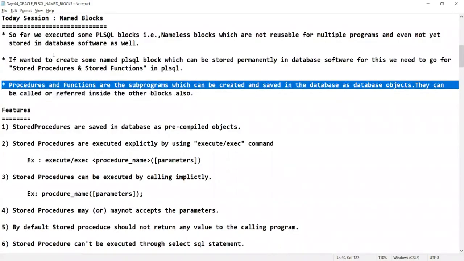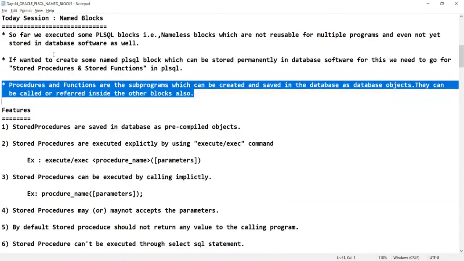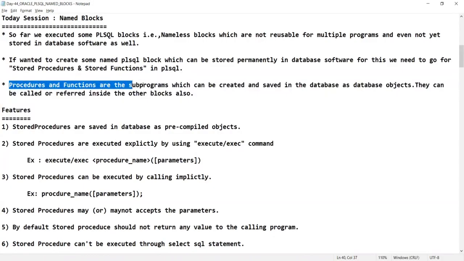Procedures and functions are also called subprograms in PLSQL, which can be created and saved in the database as database objects, and they can also be called or referred to inside other blocks as well, sir. The point here is that procedures and functions are also called subprograms, or we can also call them named blocks, or also we can call it as